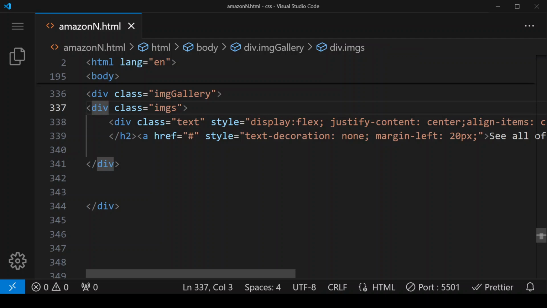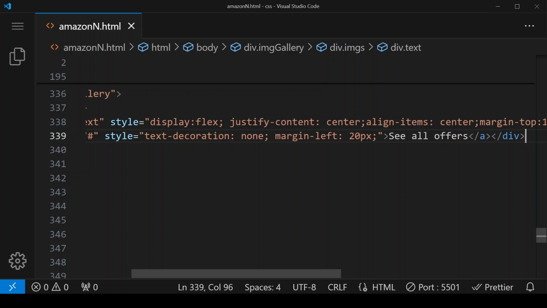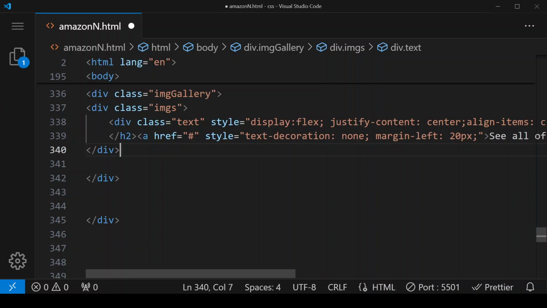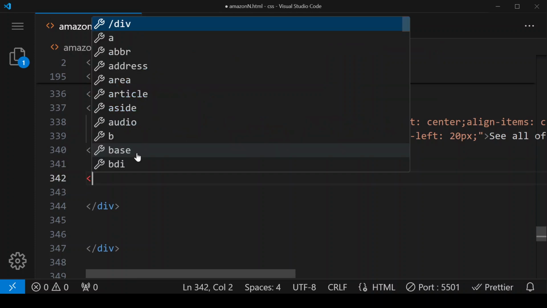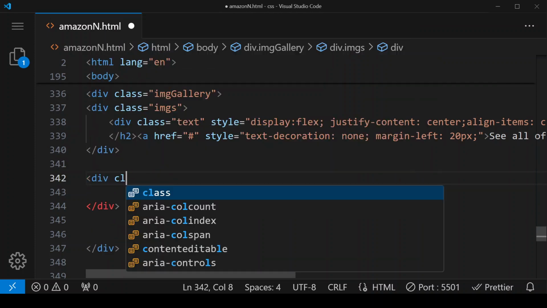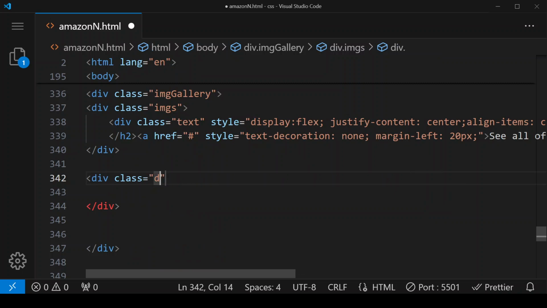So within the imgs div we are creating one more div, div class equals to, here I'm putting the name d1, and within this div we have to give all the images.